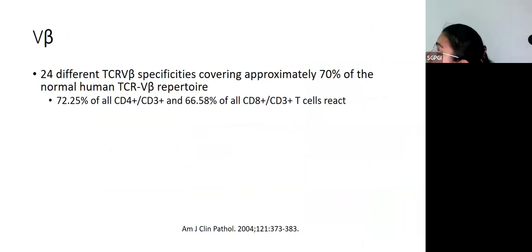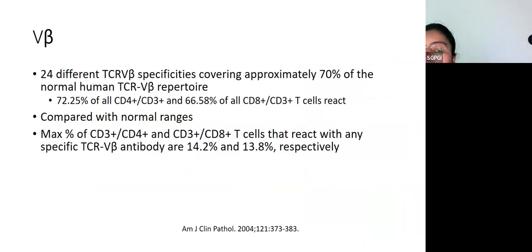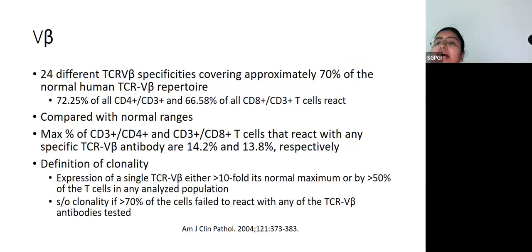So the percentage is slightly higher for the CD4 positive cells versus the CD8 positive cells. And this has to be compared with the normal ranges, which are given in the kit insert. The maximum percentage of any of the V beta regions is 14.2% for helper T cells and 13.8% for cytotoxic T cells. The definition of clonality is if you have a single TCR V beta that is more than 10-fold its normal maximum, or as a percentage constitutes 50% of the T cells in any analyzed population, it is